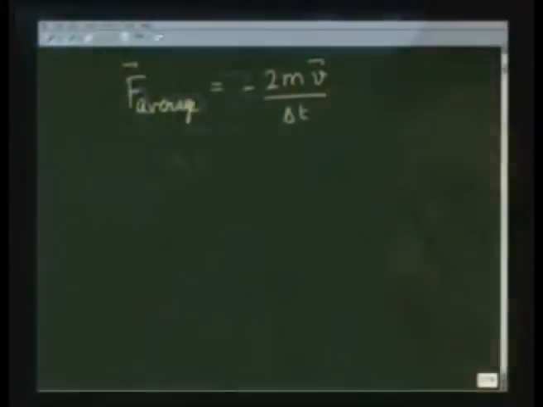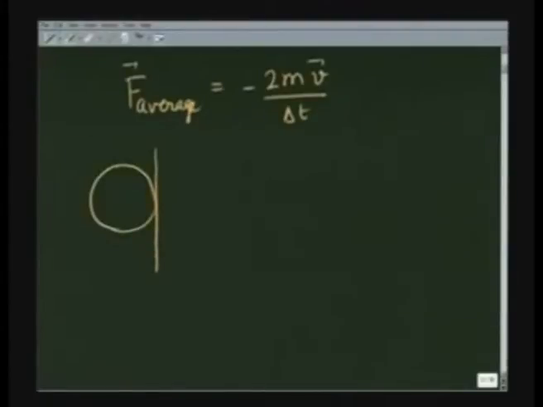The answer I do not know, but let us try to find out. Let us model the ball hitting this wall as if it gets squeezed in a simple manner like this,